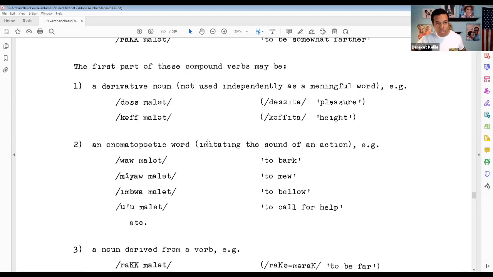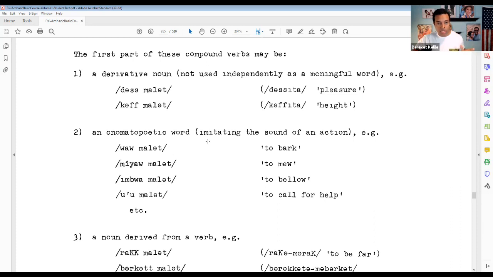These compound constructions fall into three categories as the author presents it. The first one is a derivative noun that is not used independently in a meaningful sense. Looking at des malet, it's related to the noun desita, which is pleasure, and kaf malet is related to kafata, which means height. Then the second